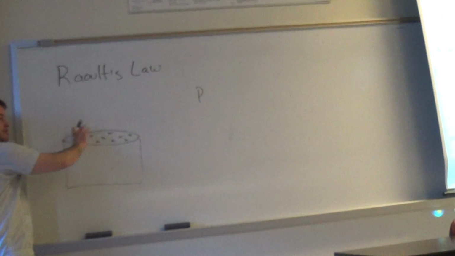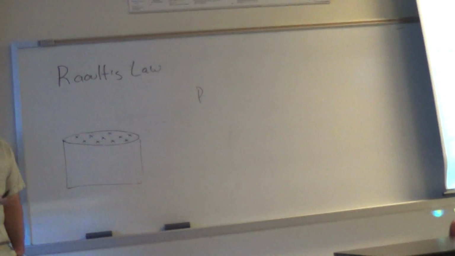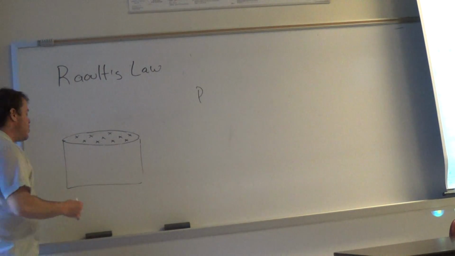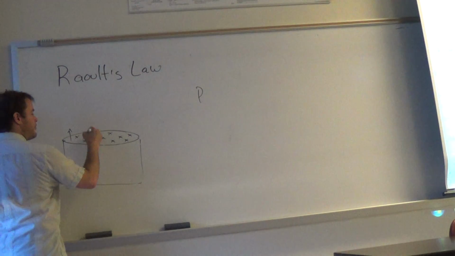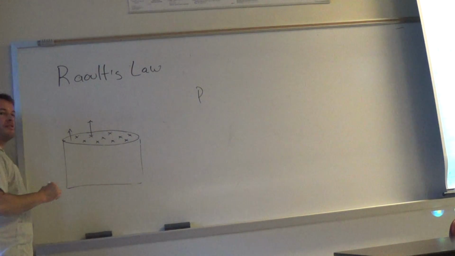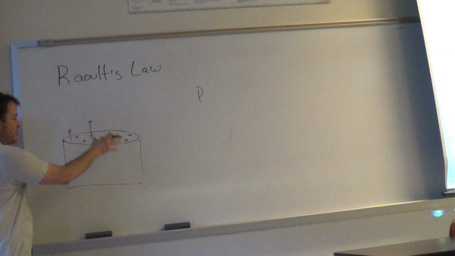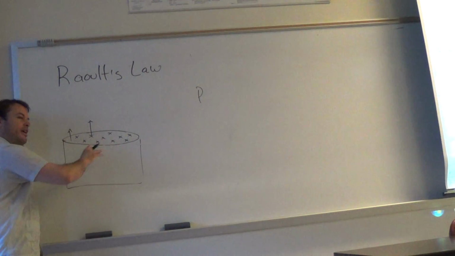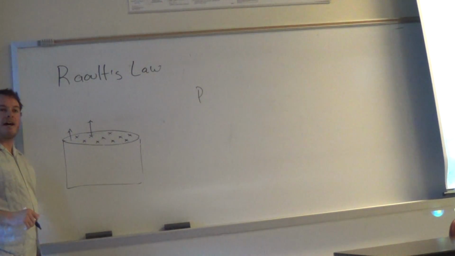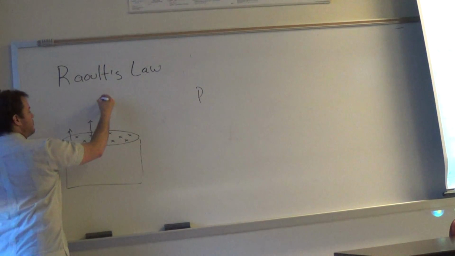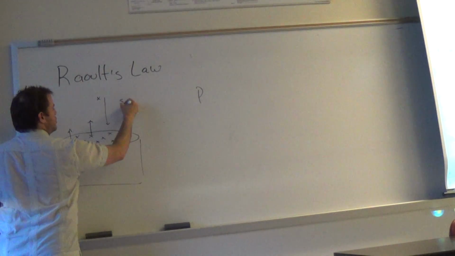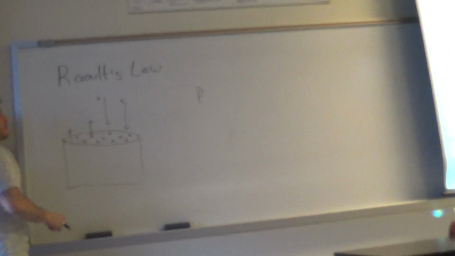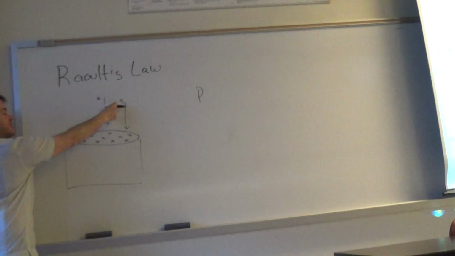At the surface of this solution, you have a dynamic equilibrium where solvent species and solute species are constantly, because of the internal energy, the internal kinetic energy, being bumped off into the gas phase. At the same time, in the gas phase, we have solute species and solvent species that